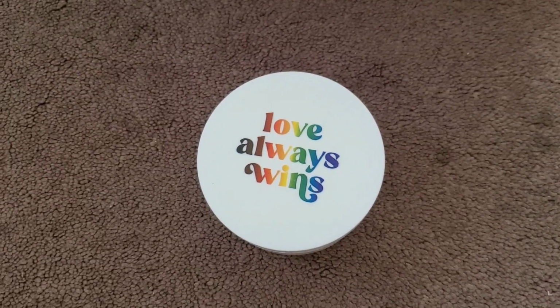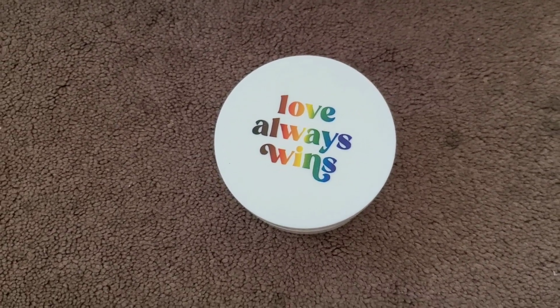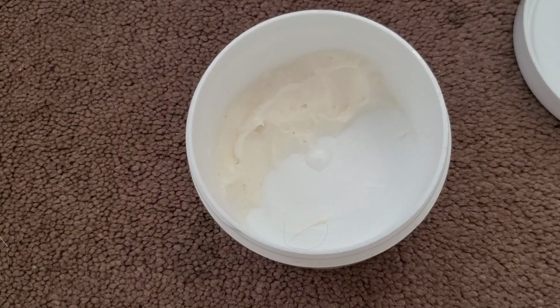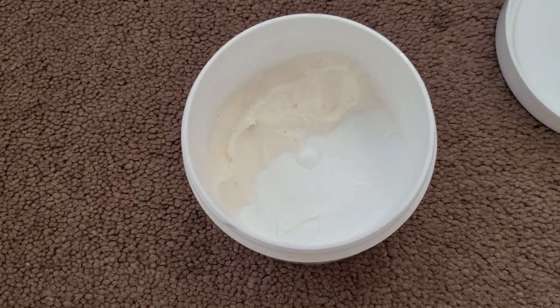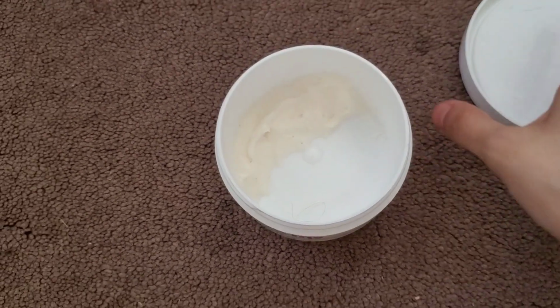I had another one of these, but I ended up selling it for $5, and I'm so glad that it's out of my life, because this is just taking me too long to finish up. Let me show you how much I have left. A little bit hard to see, but I currently have that little corner left. So I'm hoping by the end of July, you won't see this anymore,